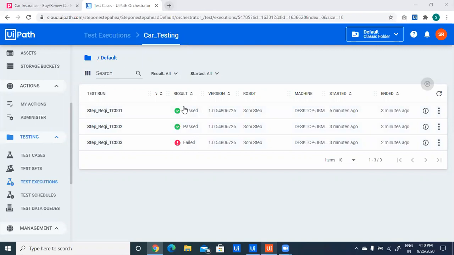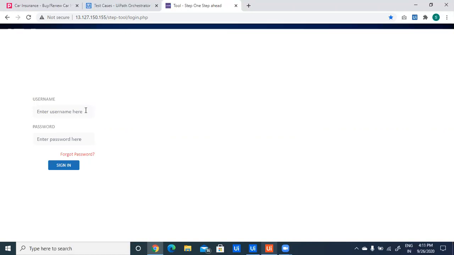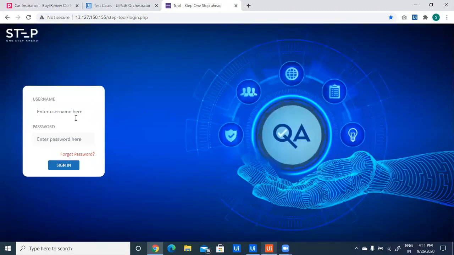Now these results we can see in our test management tool. I'm going to the test management tool. Login.